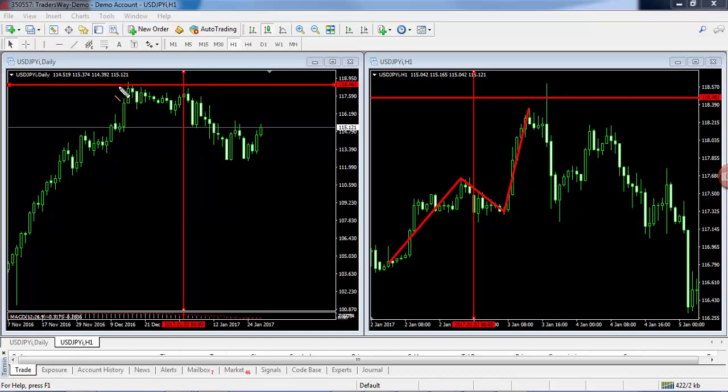So on this chart here, before price got into this level, we have already identified this area as resistance, 118.46. So what we're actually doing is waiting for price to get back into the 118.46 support resistance zone, where we're going to be looking for trading opportunities. So as the market rallies upwards,